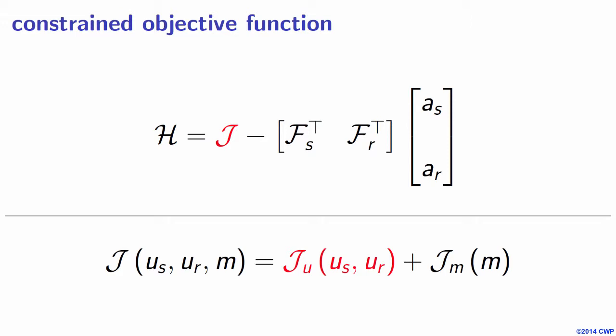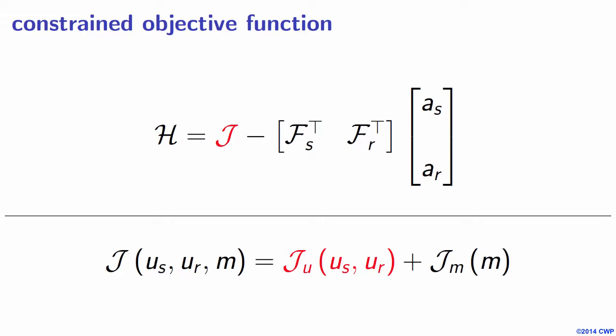Now, although I strongly believe that this is a huge mistake, I will neglect the second part of this objective function for the remainder of this presentation. So I will assume that Jm doesn't exist. In the paper, you'll see that I talk about it, and I think that is a huge opportunity and a necessity, if I may say so, for wavefield tomography. But it clutters the discussion, so I prefer not to talk about it for the time being. So we'll stay with the